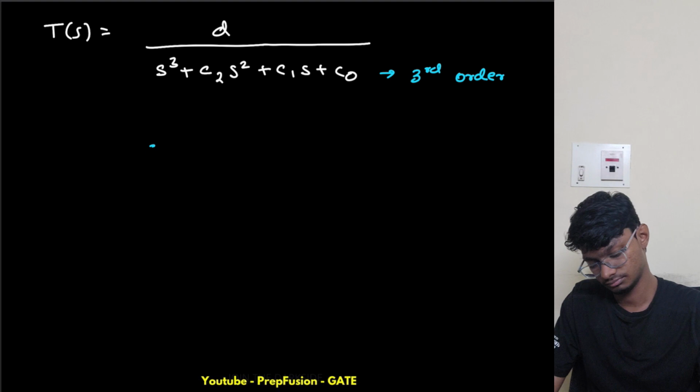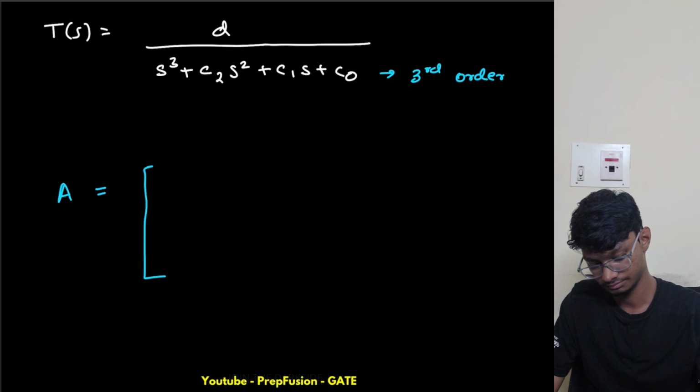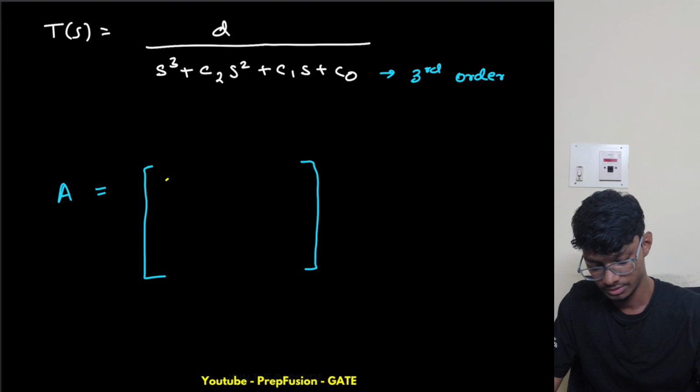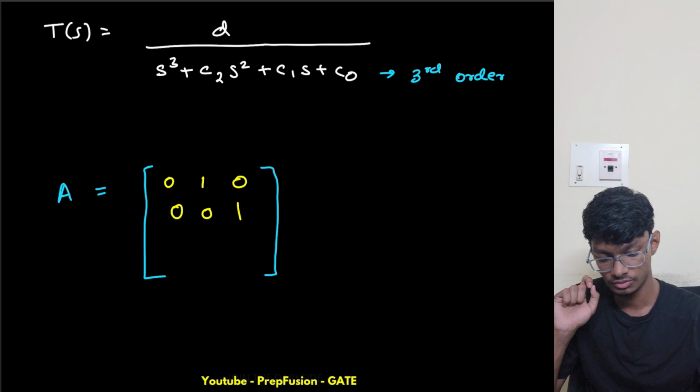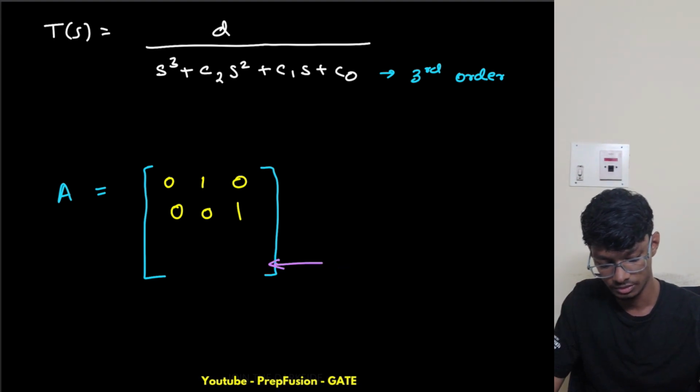It will be 0 1 0, then 0 0 1, and the last row is very critical. The last row will depend upon the coefficients